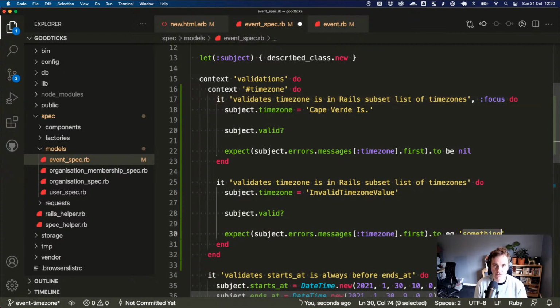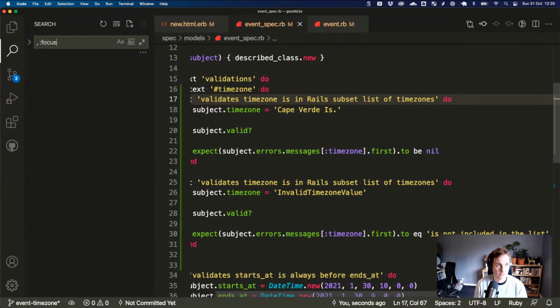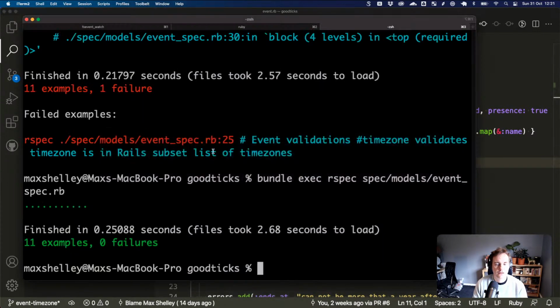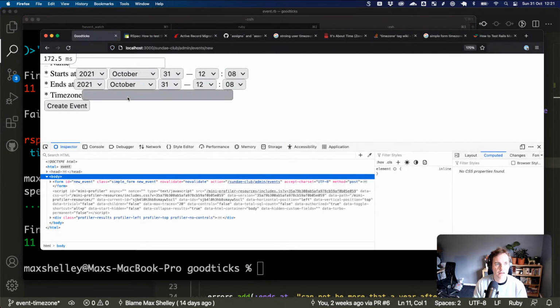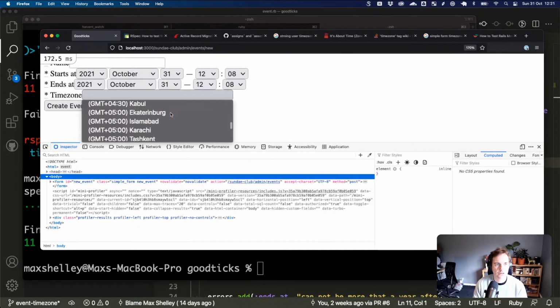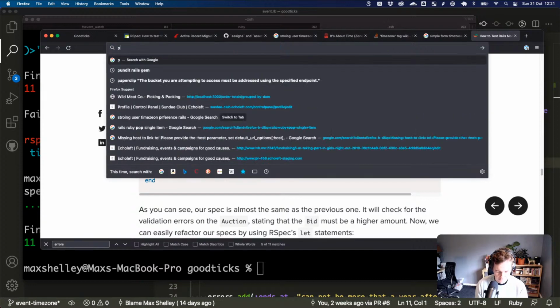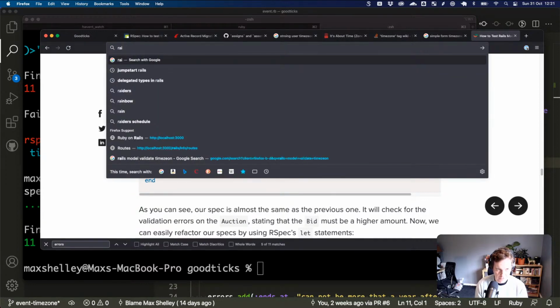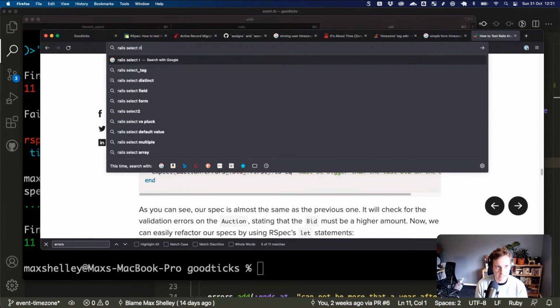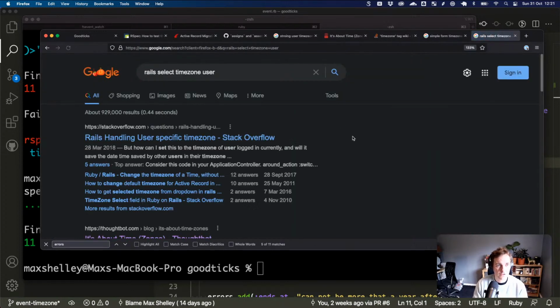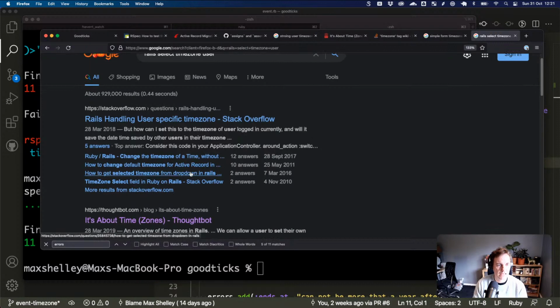Let me just see if I put... Oops. No, that can go. Cool. So we now have a very ugly looking but functional time zone doodad. And so did I see like it was like Rails select time zone? I was just looking to see if we could like get the